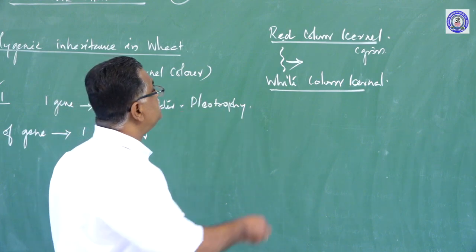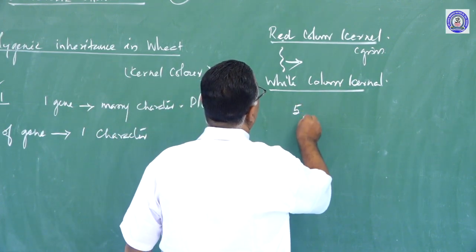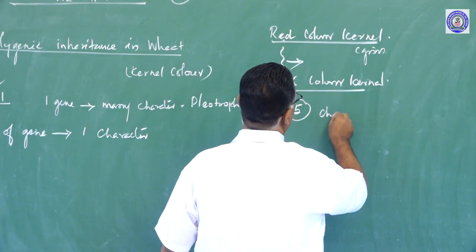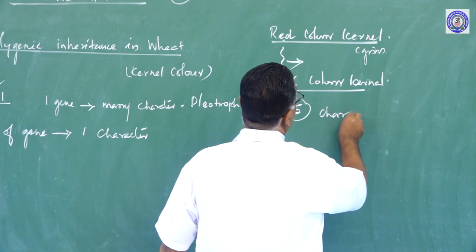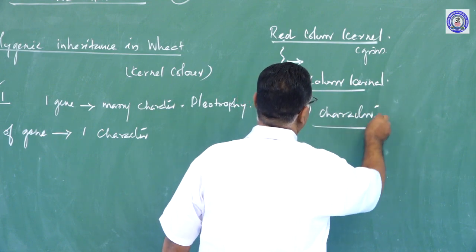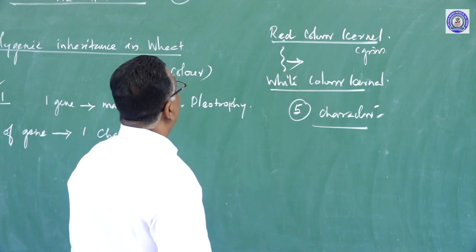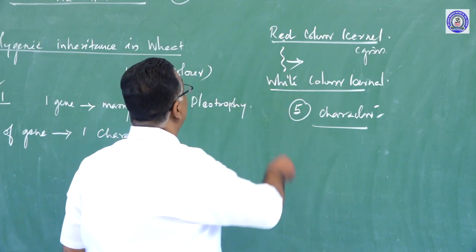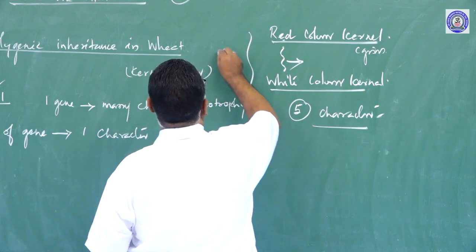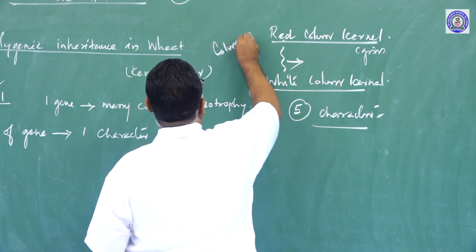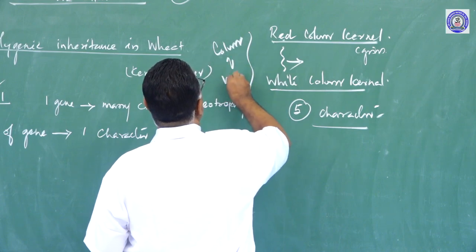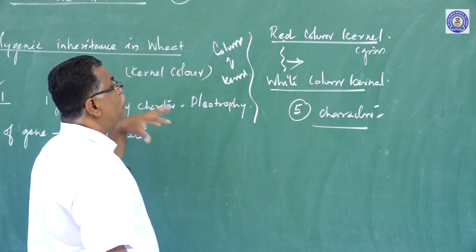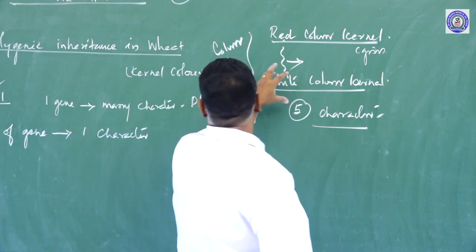He found 5 characters, 3 characters in the middle, 5 altogether. Whether 5 different genes are there for that? These are 5 expressions, but these are all only one character. What is that one character? Color of kernel. The color of kernel is controlled not by only one gene,